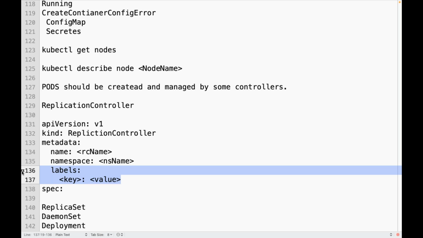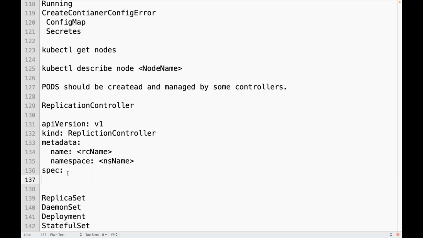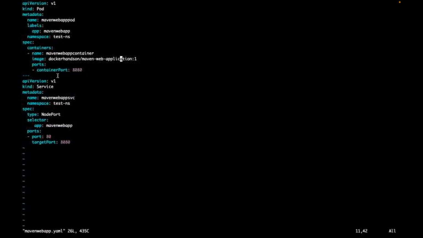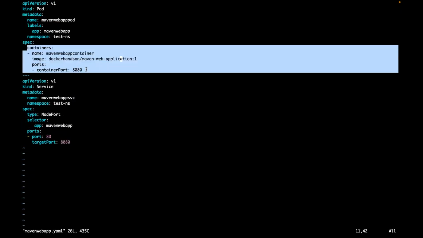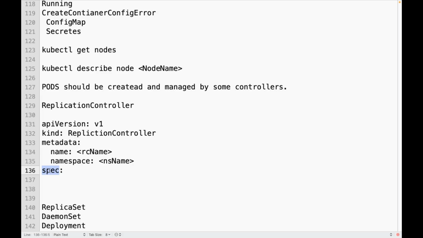It's up to you. Now, this is my replication controller specification. Am I going to have it as is? This is not pod specification. This is replication controller specification. Do these specifications change based on the kind of object you are creating?